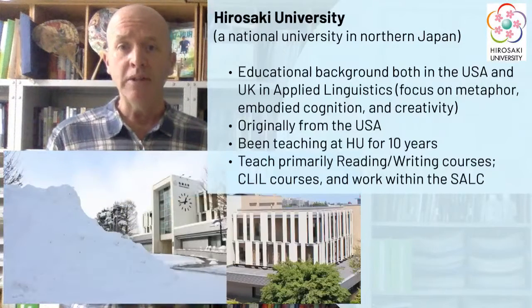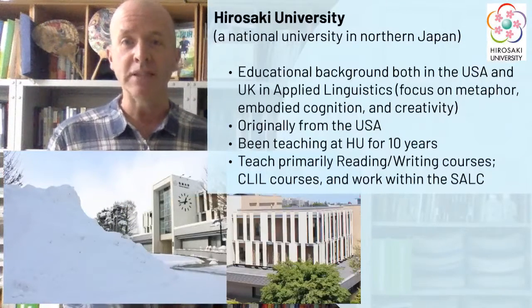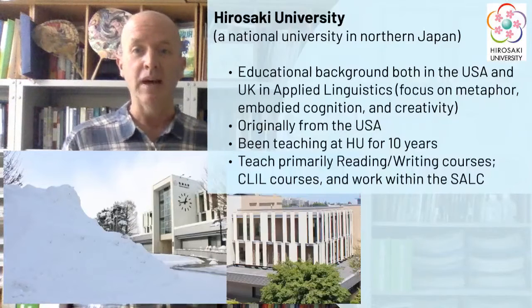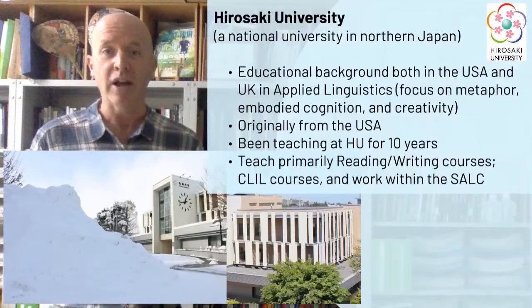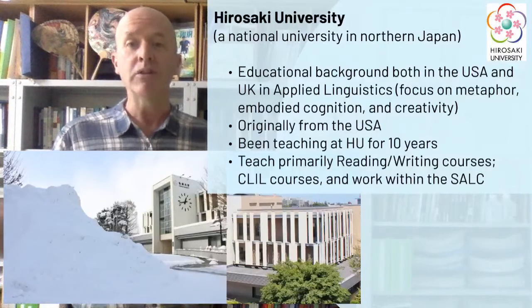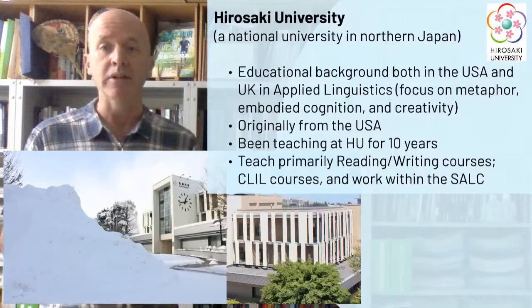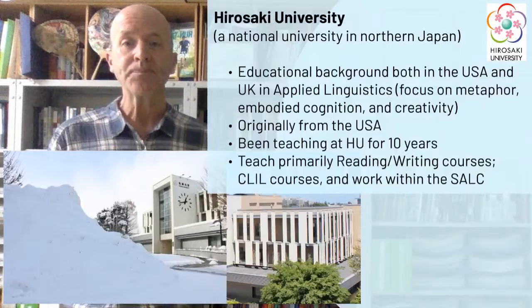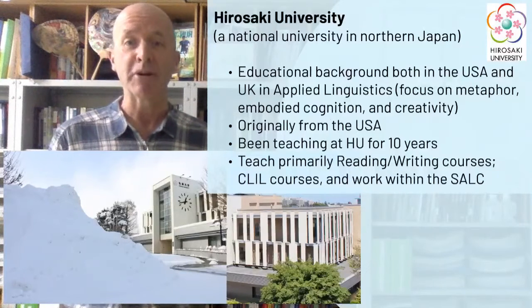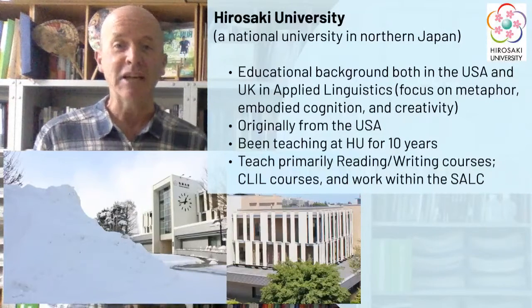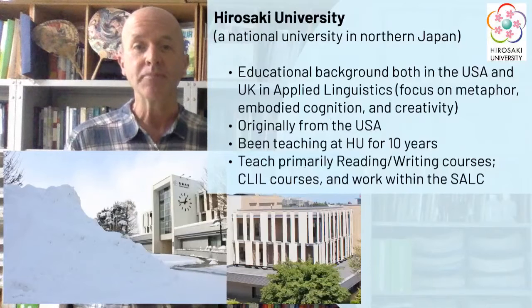But this is what it looks like for about 3 or 4 months of the year, for people from the equator area. We get large amounts of snow every winter, at least a couple meters. So if you ever like to experience some snow or skiing, you should definitely come to northern Japan.